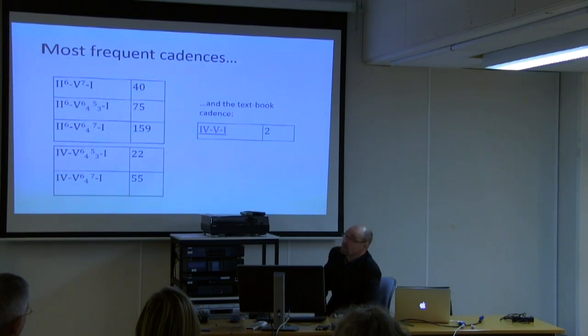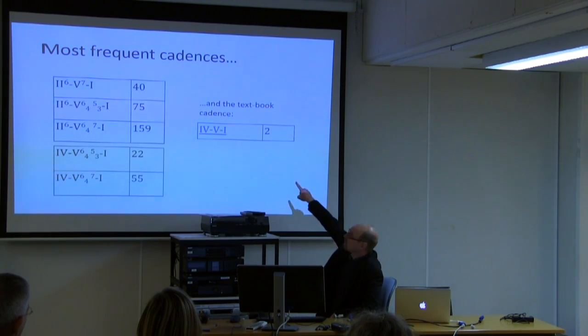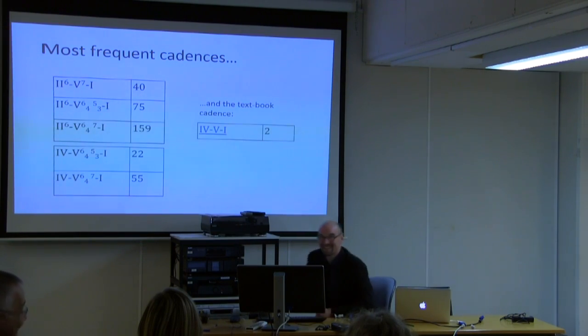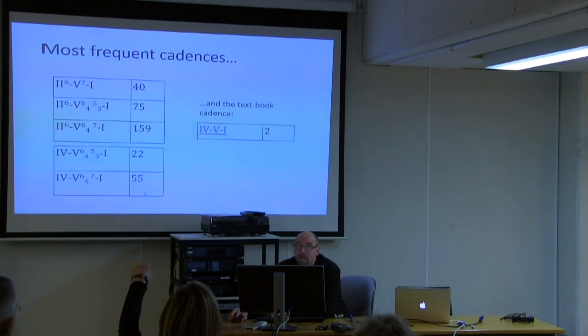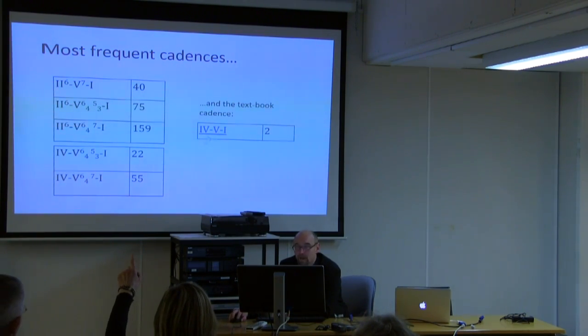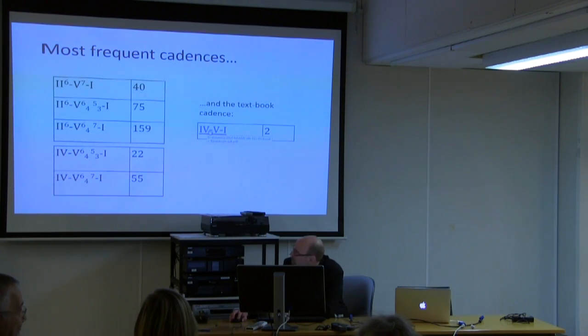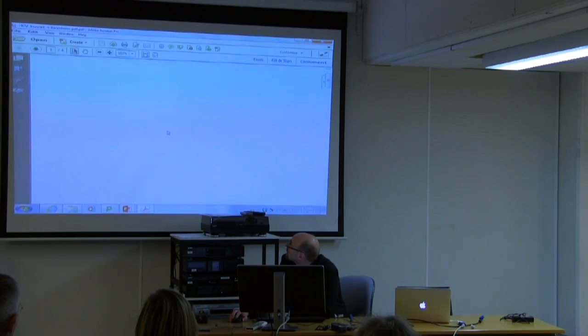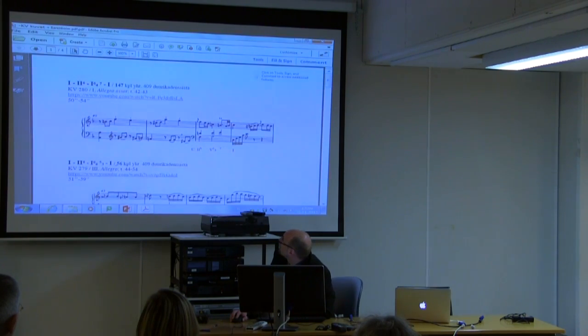Right. And here are the most frequent cadences. And there's only 2, but the 2 is minor 2 in there, right? It's minor 2. Yes. Sorry about this. No, it's okay. And even this one is